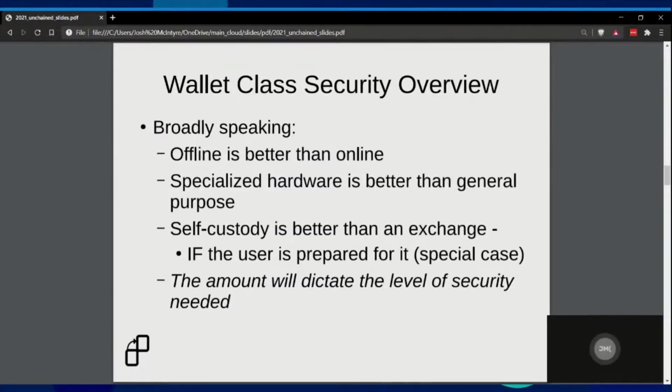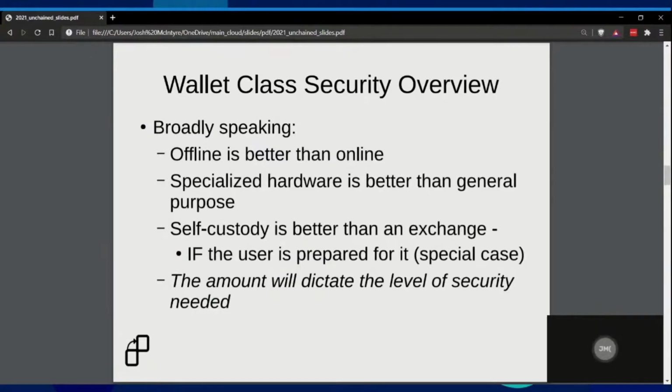This is perhaps a controversial opinion in the crypto space, but if you're talking about an introductory amount of money, you're just getting your feet wet in cryptocurrency for the first time, and you are not a technical person, it's probably okay to keep a little bit of your money on a reputable exchange, because you may be more tuned into password security and two-factor security than private key storage for the time being. This will give you some time to learn.